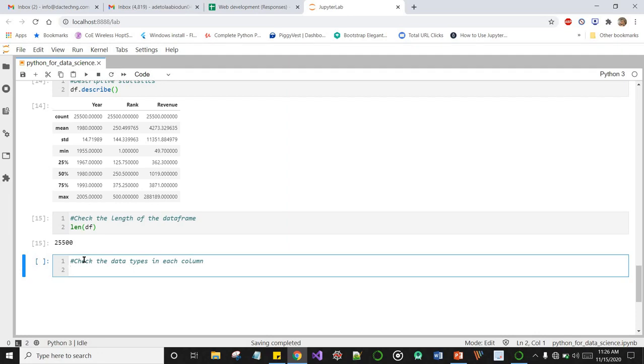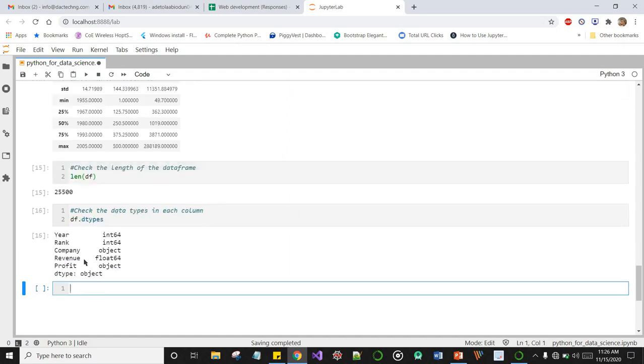Okay, so if you remember, we talked about data types some few minutes ago. There's actually a built-in tool or method that we can quickly use to display the data types we have in our data, and you can do that by doing data frame.dtypes. Excuse me. Okay, on the year column, the data type is integer 64.